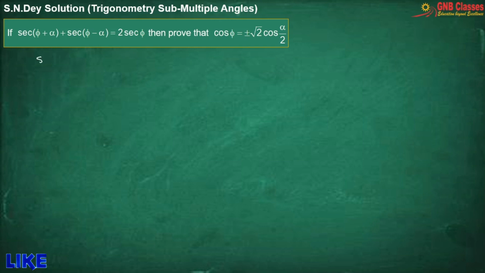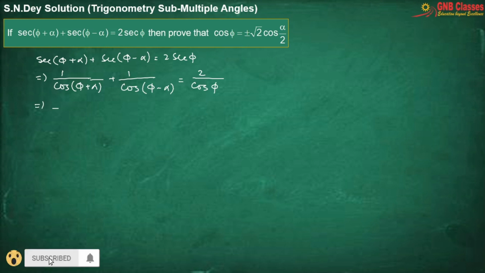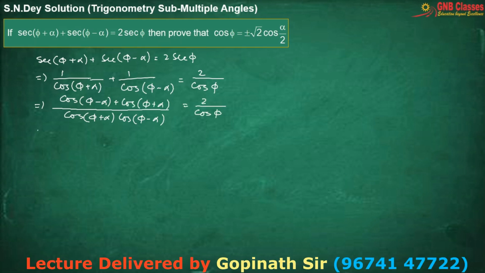In this problem, we are starting with the given condition. We are converting sec in terms of cos. Now in the left hand side, we are taking the LCM. In the numerator, if I open the bracket by using the formula cos A plus B and cos A minus B, we are going to get, is it clear to all of you? Because cos A plus B into cos A minus B can be written as cos square A minus sine square B. So from here we can write,